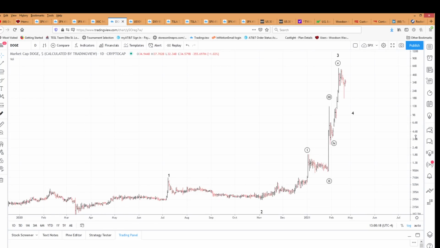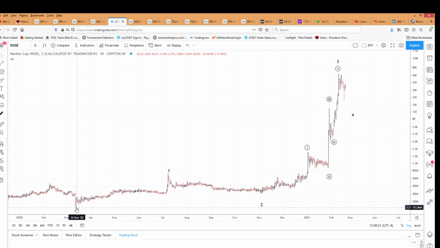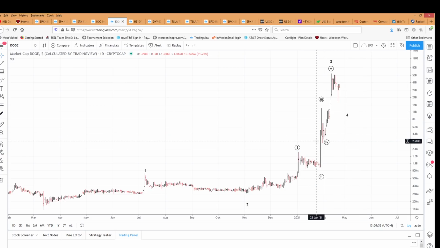Dogecoin, like everything else, starts from the March 2020 lows. You can see we had a 1 up, a 2 down, and 3 subdivided 1, 2, 3, 4, 5. If you ever want to see an example of a third of third wave, this is a daily chart, and you can see this third of third wave went from basically just under 900 or 890 all the way up to 13,000 in 2 days. That's the definition of a third of third wave. That's why that's easy to mark. You can see we've had a 5th wave to complete the third wave of a higher degree, and here comes